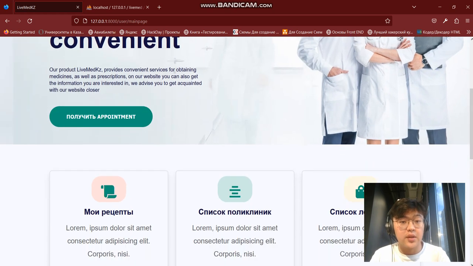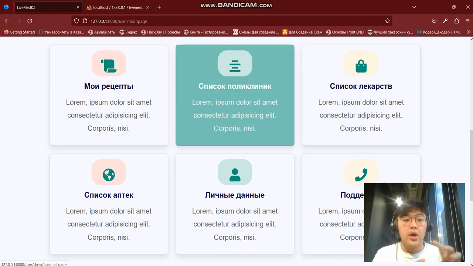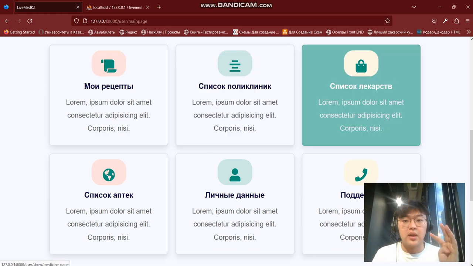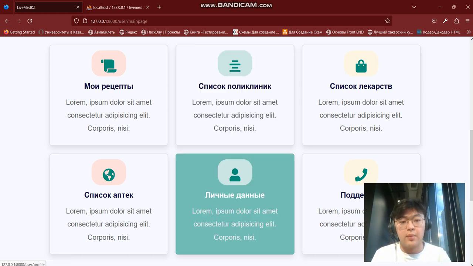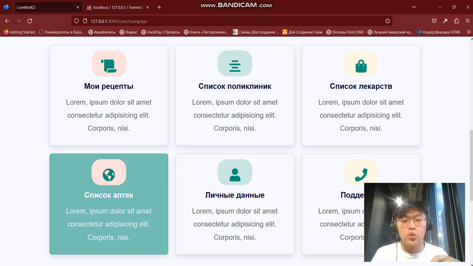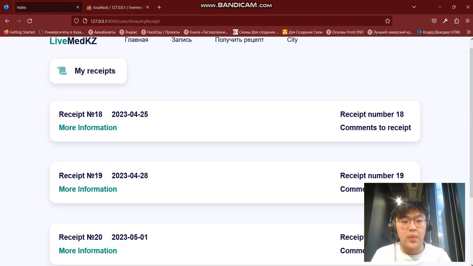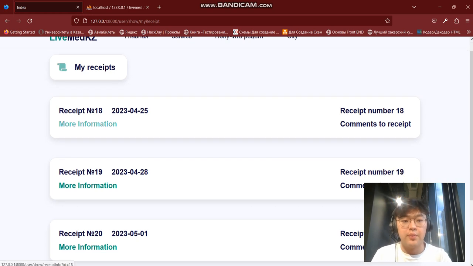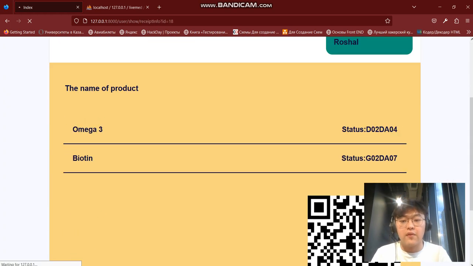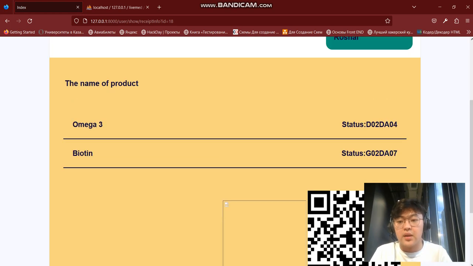On this page, you can see the main page where clients can get a receipt, with the list of polyclinics and drugs and the list of pharmacies that are open at that time. My receipts are the receipts given to that person, and by clicking more information, it shows all the information on this receipt, and they can scan